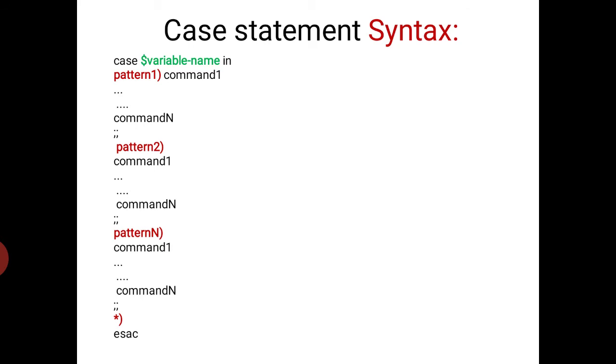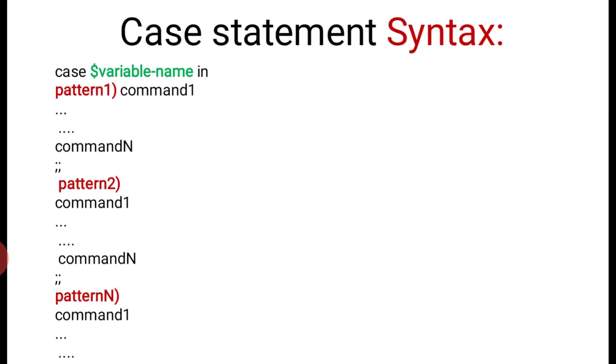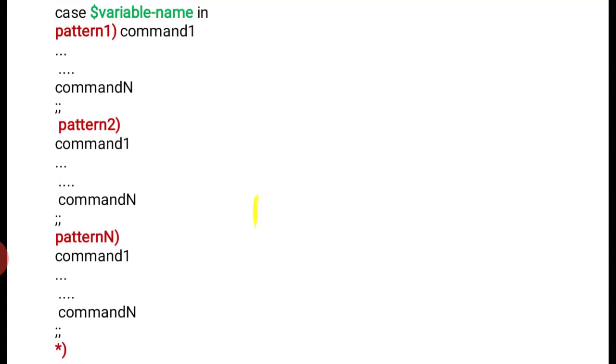Next, the syntax of the case statement. Students, same as a C program case, where we use choice in C language. So, case $variable_name in pattern 1, pattern 2, pattern 3 and so on. The last one is the star symbol, it is the default case.